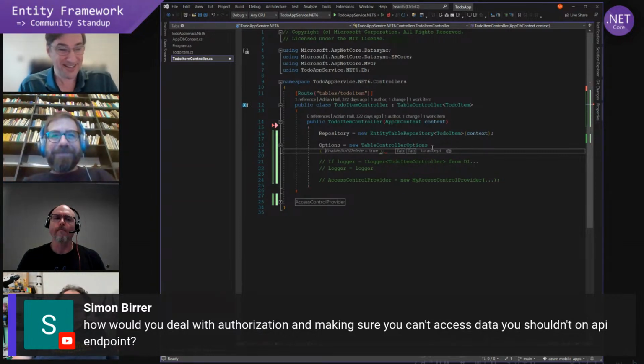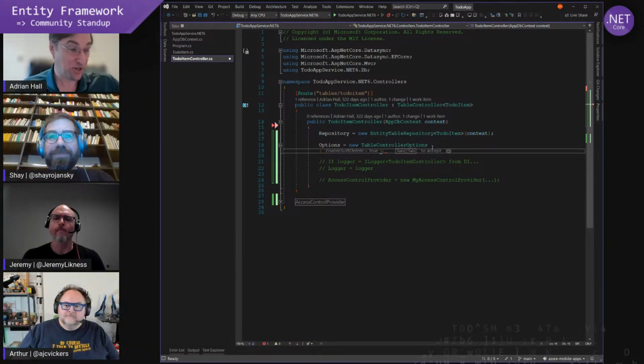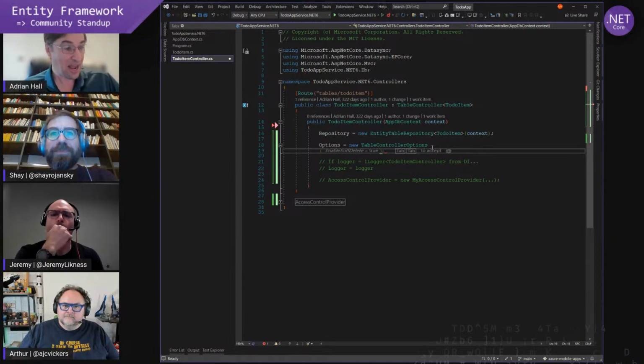There's two parts to that, one of which we'll come on to, and the other side is establishing authorization the exact same way you do with ASP.NET Core. So in other words, you use authentication, use authorization, and then you add either the allow anonymous or the authorize attribute onto the controller. And so because you're basically using ASP.NET Core here, you have all of the functionality that's already built into that to do the authorization. Absolutely.